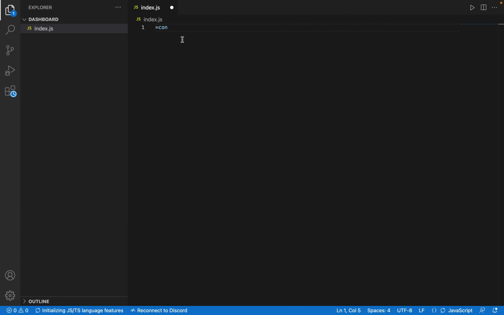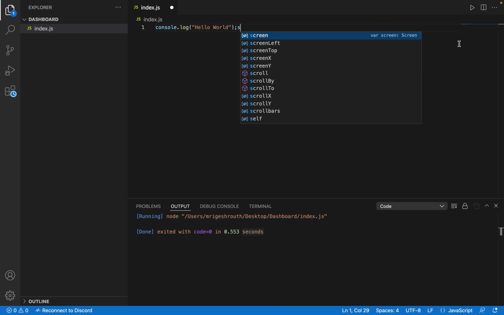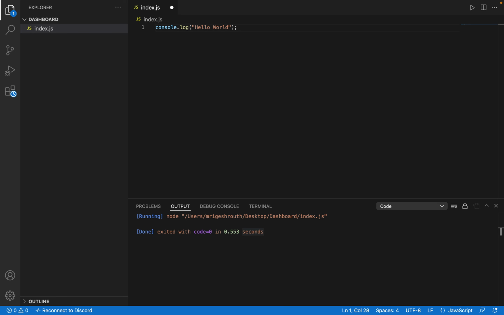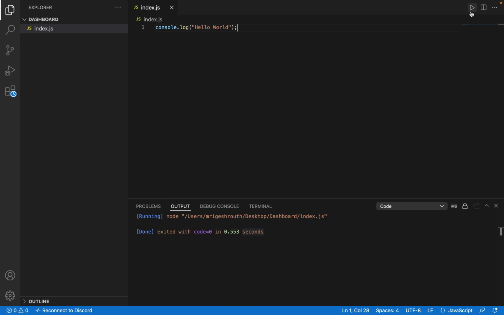You type in console.log hello world. There we go, it's done. Now I'm going to click on run. And I forgot to save it. You have to save it after writing code, with Control and S. I'm using a MacBook, so I'm going to click Command and S. I'm going to run it, and it says hello world. So now this is a very simple